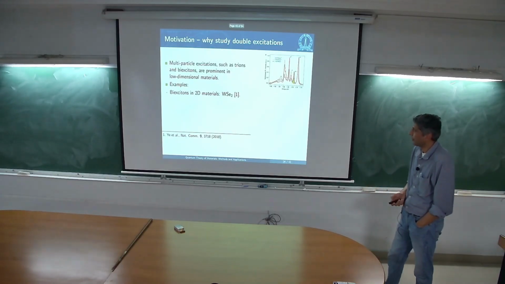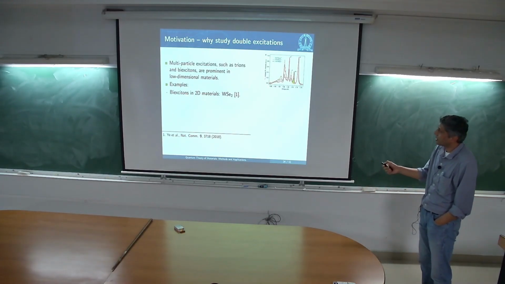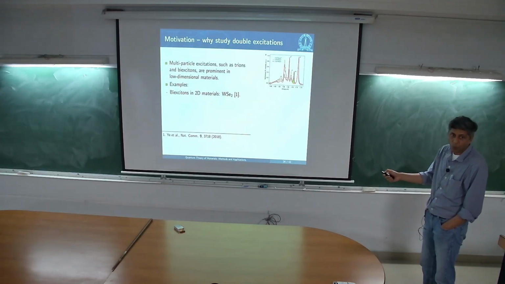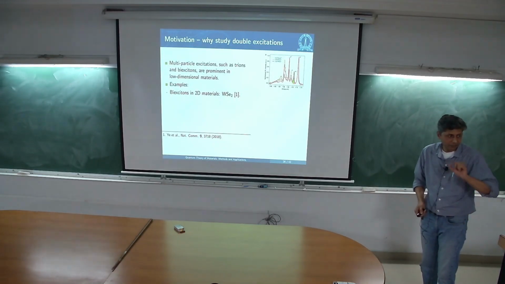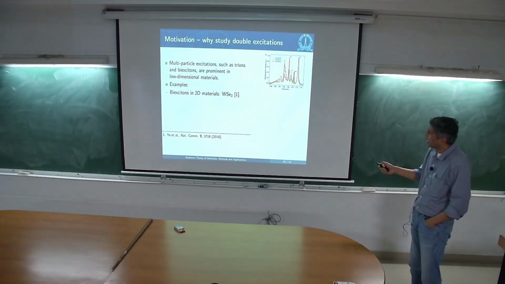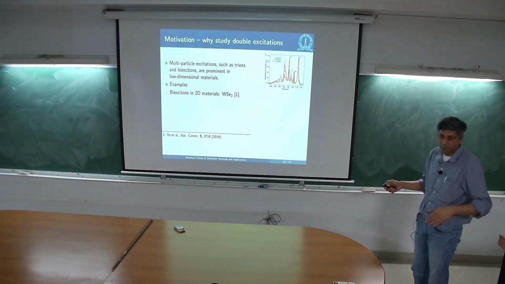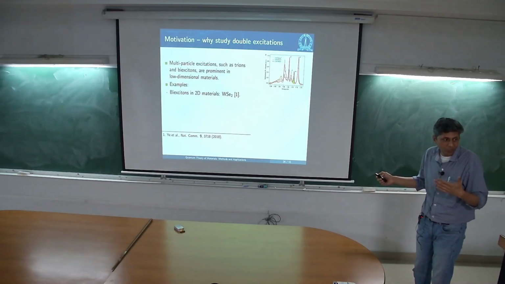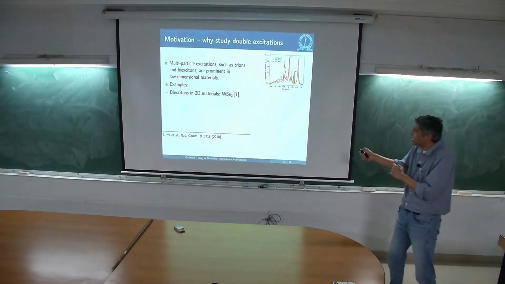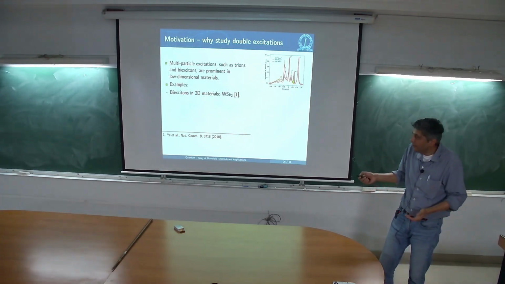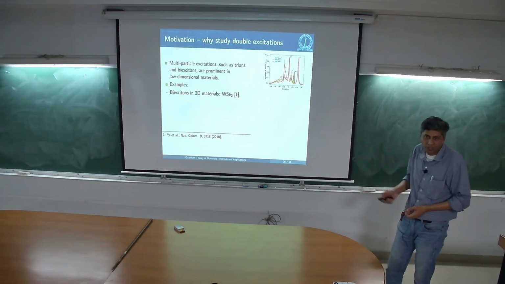Let me give you an example. This is the normal photoluminescence spectrum for a 2D material, WSe2, tungsten diselenide, a monolayer. You notice the band-to-band transition, the quasi-particle gap, is more than 2 electron volts, about 2.3 to 2.5 electron volts. This is not supposed to be here. There's nothing here. This wasn't supposed to be here, but you have a very rich spectrum over here.